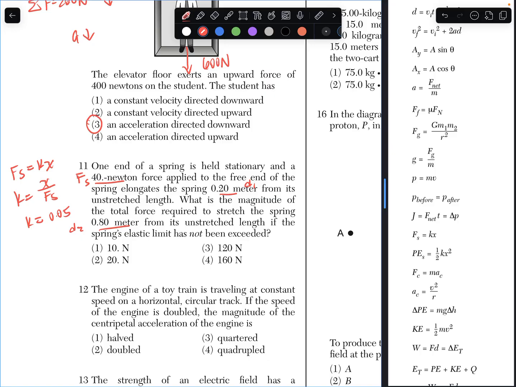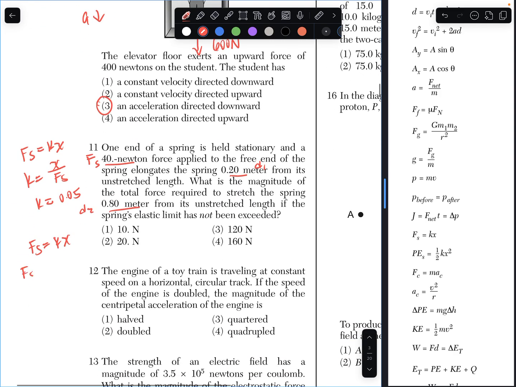And we don't want to exceed the elastic limit, because if it's higher, then you risk going over that limit, and it's not going to work. So we want to stretch it 0.8 meters. So now we just use the same equation, Hooke's law again, and I'm going to plug in 0.05 for K, and for x, the new distance, which is 0.8. So that is going to be